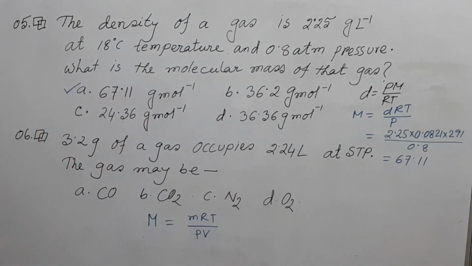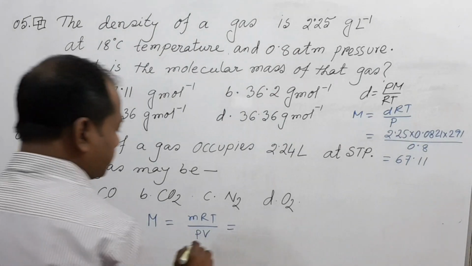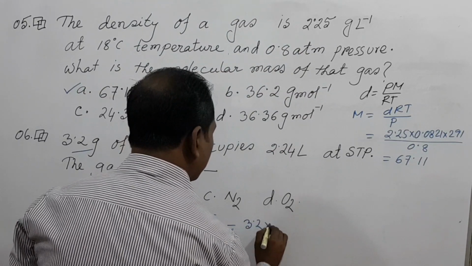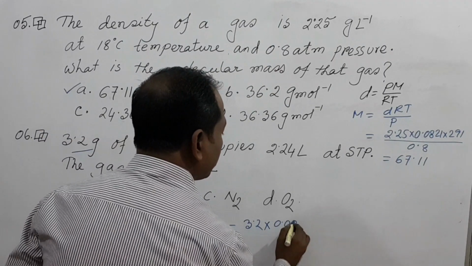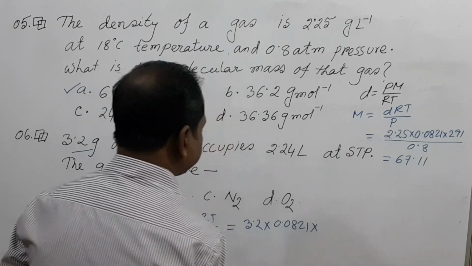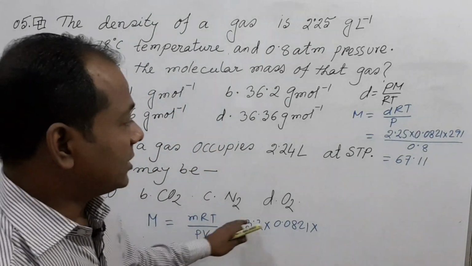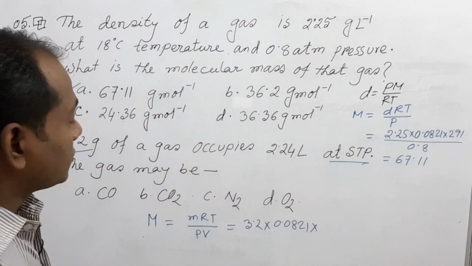Here small m is the mass of the gas. So here we write 3.2, molar gas constant R equal to 0.0821, and temperature T, here given STP in the question,